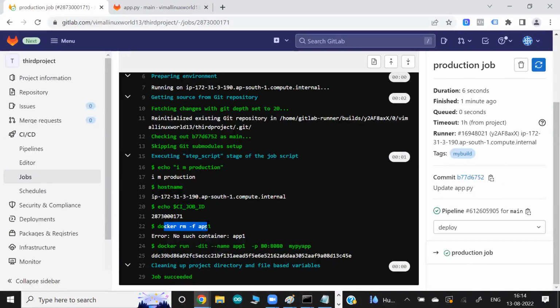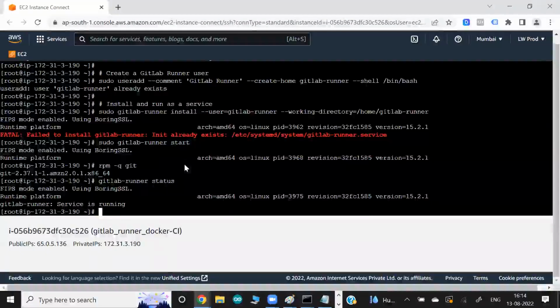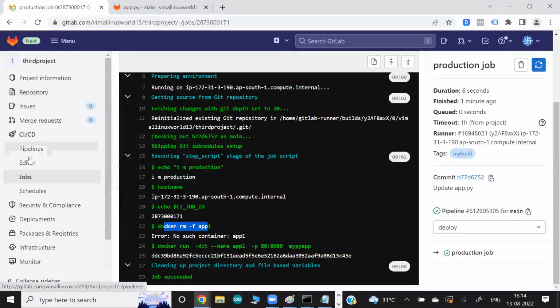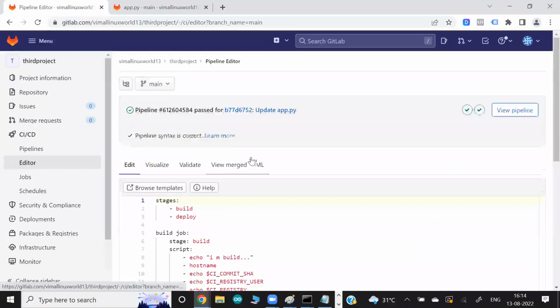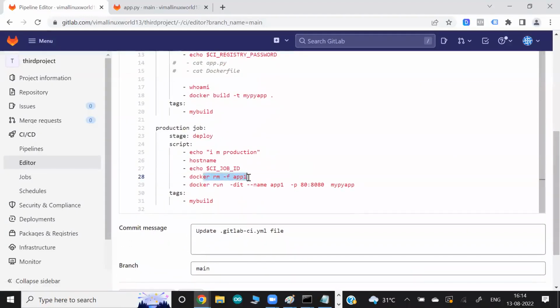So in this case, what you can do is write some kind of shell script, so then we can do some kind of tweak. For example, you can do something like this. If this has happened in some scenarios, I go to my editor, in the pipeline, and say this is what we want always. I want my image, my content, to always be deleted. But in the case where the content is not there,